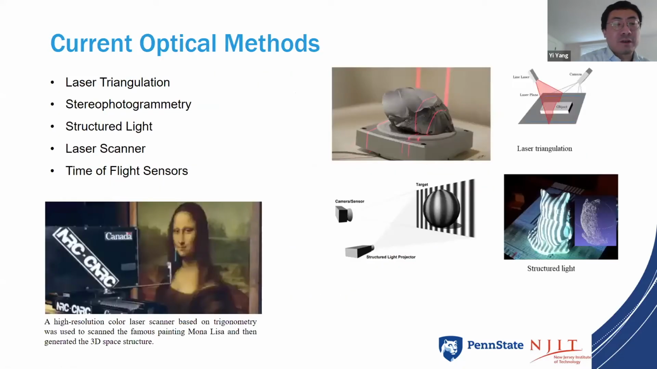So before I go any further, there are other optical methods to capture the 3D surface profile. I just listed a few of them right here: laser triangulation, structured light, laser scanner, time of flight sensors. And with most of these sensors, the biggest issue is resolution. They're either lacking resolution or lacking the field of view, which is the amount of space or size you